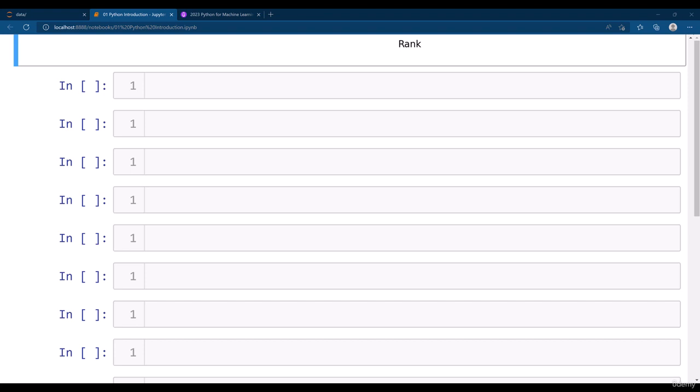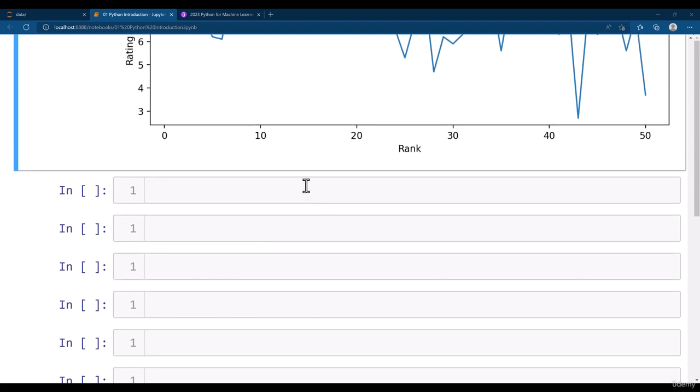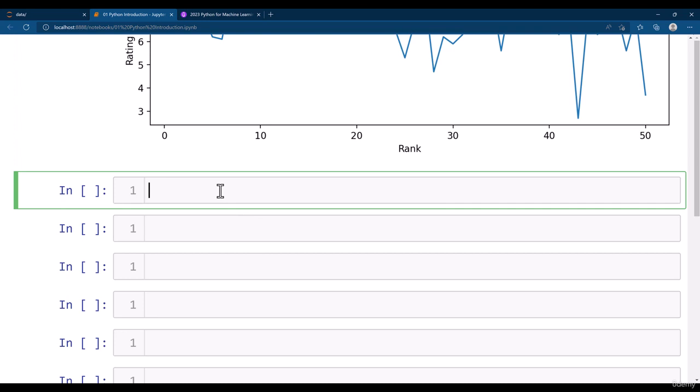Alright, let's go ahead and see other types of Matplotlib plots. First of all we are going to see the histogram, and thereafter we will see the scatter plot. For the histogram, we are going to use the rating data. Alright, so I write here